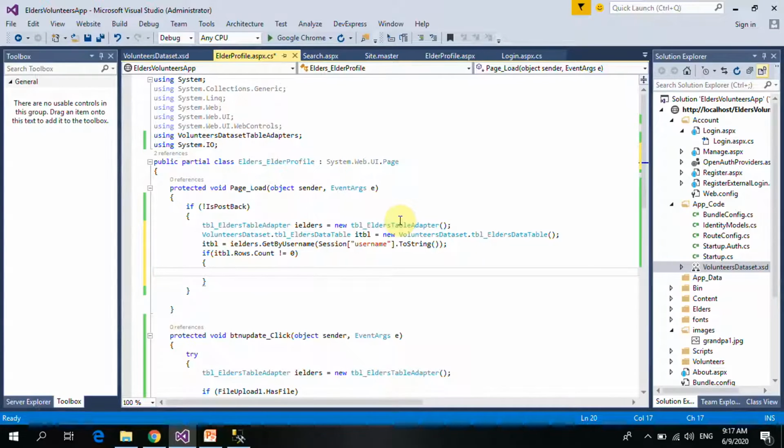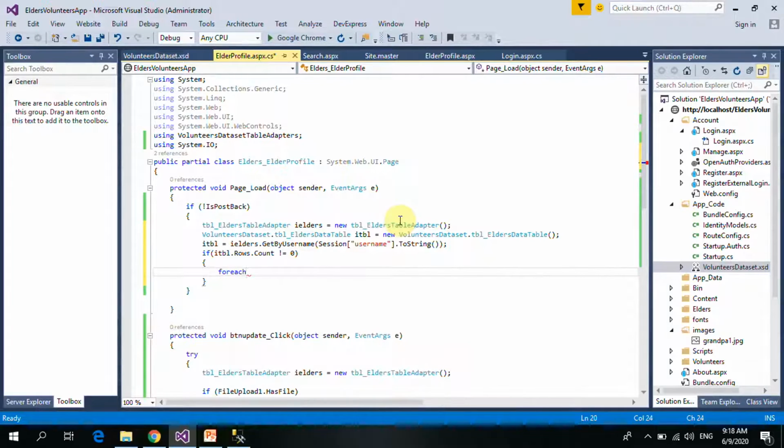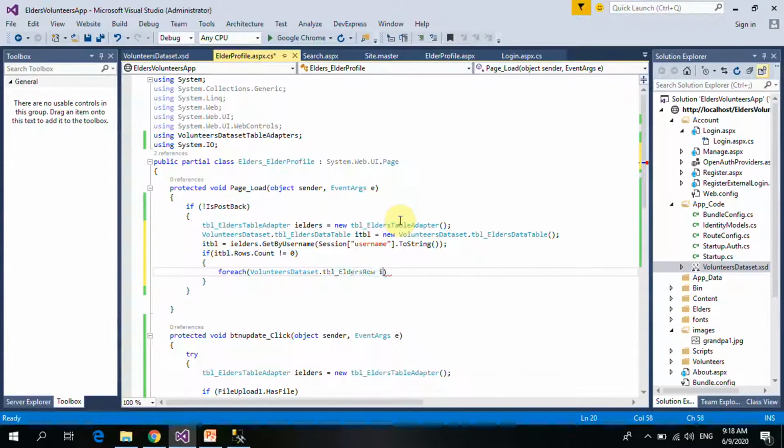So say for each row in this table here that we did above, we are going to say